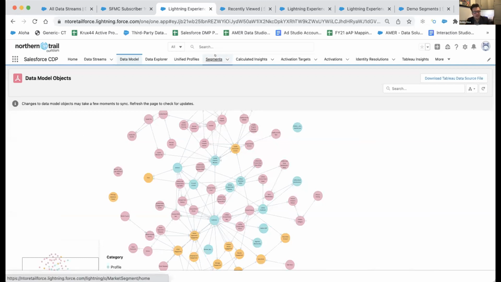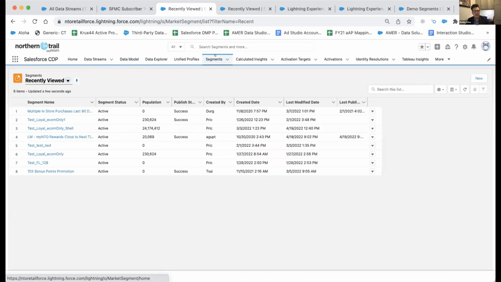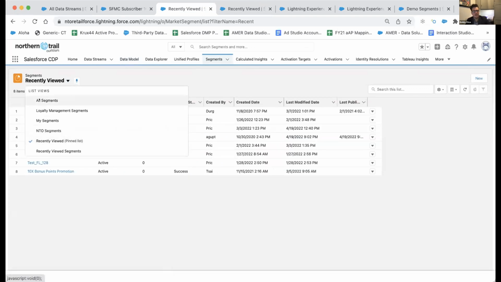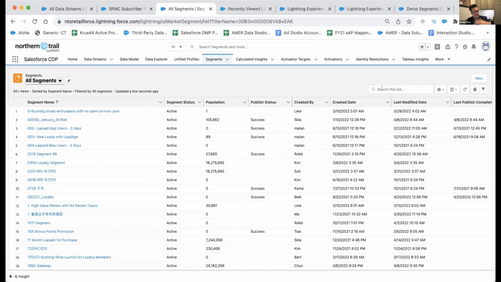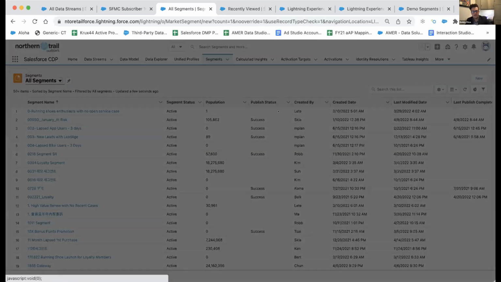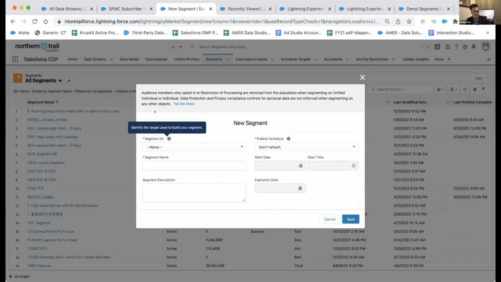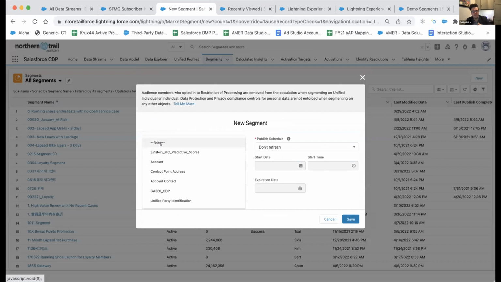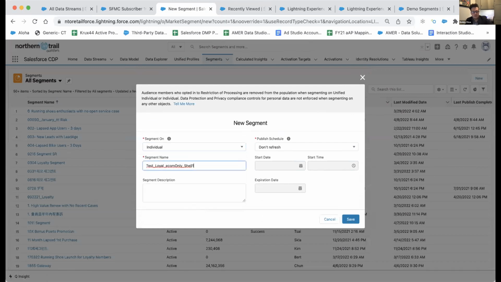We're ready to make a segment. So we go in here, you can see all the different segments that are in our NTO account. To make a segment, simply click the new button, and we just have some information to put out. So when we say we want to segment on, how do we want to segment? You may not have all these options, but for this, we will do the individual. We'll call the segment name Shell 1. And then we have an opportunity to put in a description of said segment. So here, I'm just going to put in NA test, not a big deal.